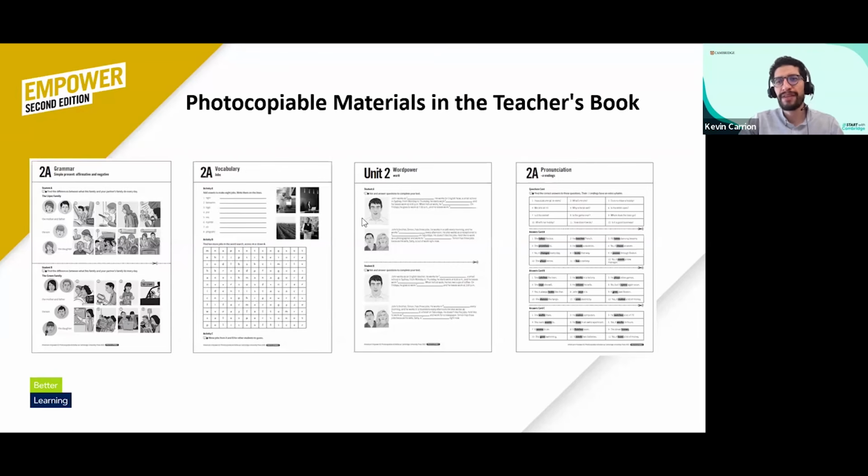But in general, the activities are ready-made, for you just to check out how to approach them and how to use them in your class. Your students can benefit from these worksheets that are not included in the student's book. These are additional for you. Only the teacher can access these extra worksheets, let's say.